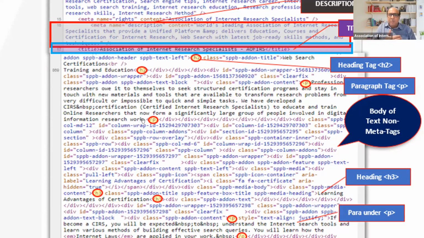And when you're using intext colon, your search will start from here, because you see it's being separated from the title tag. Title belongs to the header side. So anything under this, starting H2 and P and all that, will become body of text, and intext will only match words. For instance, if you wrote intext certification programs and stay in touch with new materials and tools, let's suppose you want this to be matched,